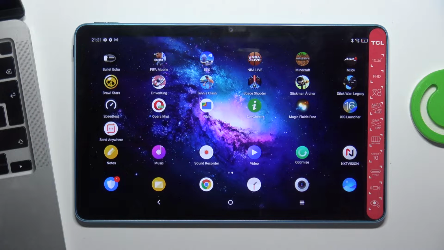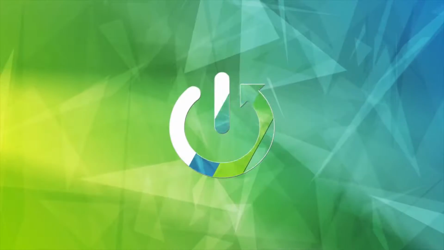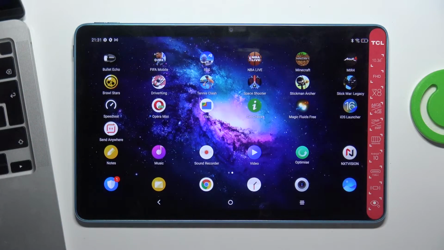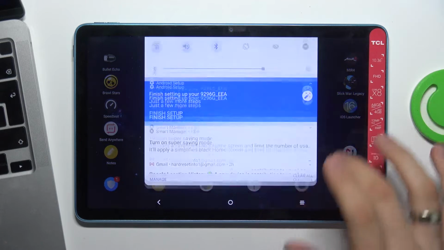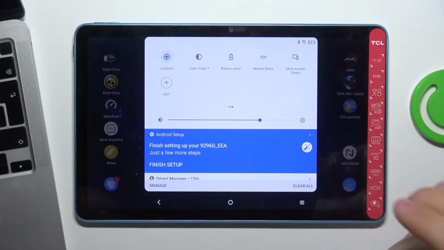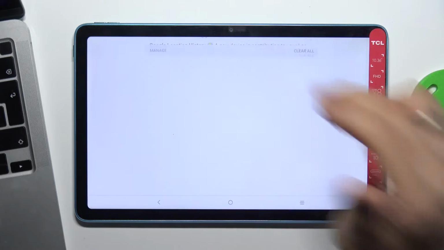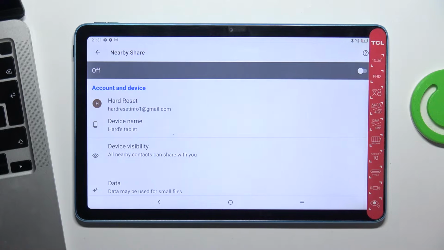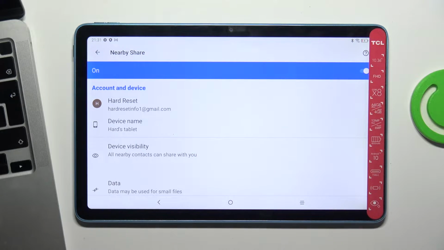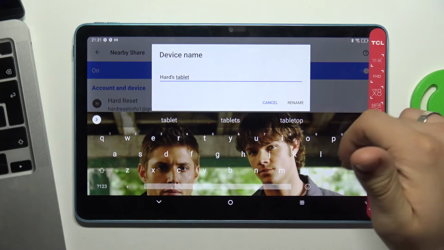In front of me is the TCL 10 Tab Max, and now I'll show you how to set up Nearby Share on this device. So, firstly, open Control Panel, find here Nearby Share, click and hold on it, wait a while, click Enable Nearby Share, change device name,